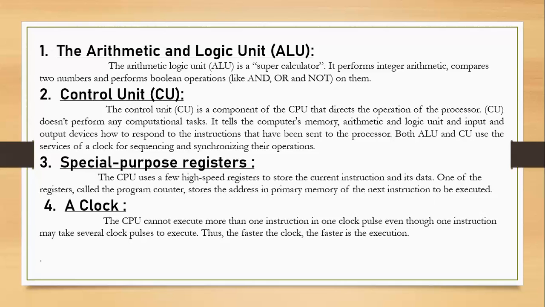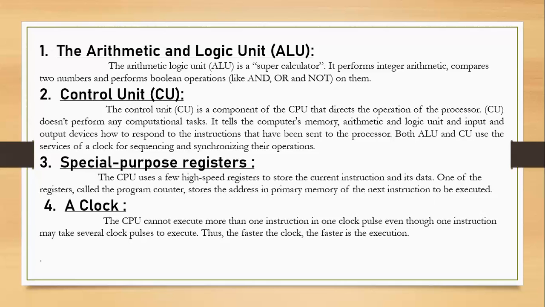The clock. The CPU cannot execute more than one instruction in one clock pulse, even though one instruction may take several clock pulses to execute. Thus, the faster the clock, the faster the execution. It depends on the instruction. An instruction may take more than one clock